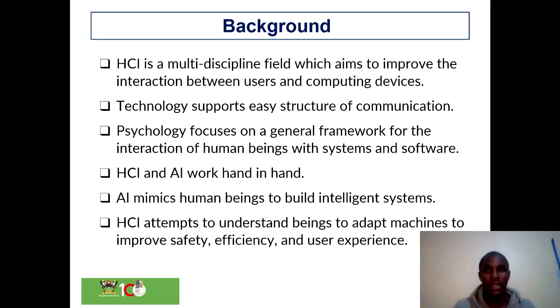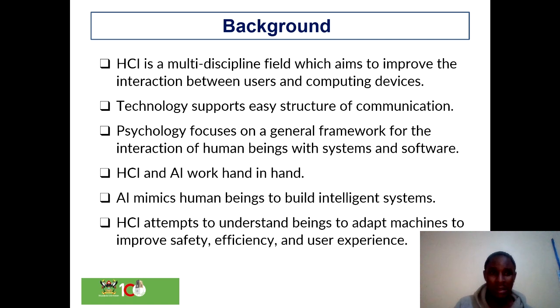So the background of this paper, we're looking at HCI, human-computer interaction, as a multidisciplinary field which aims to improve the interaction between users and computing devices. The two disciplines are technology and psychology. Technology supports easy structure of communication, while psychology focuses on a general framework for interaction of human beings with